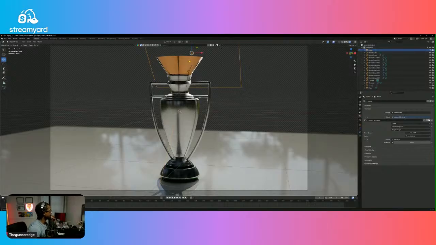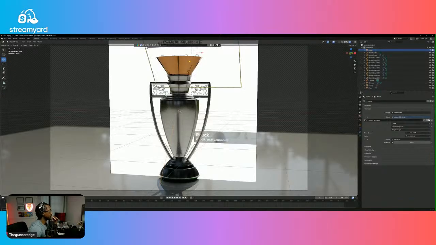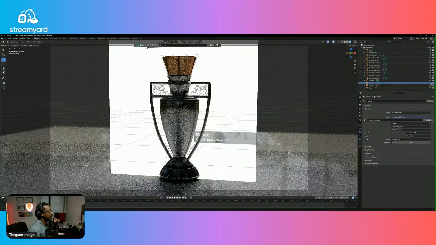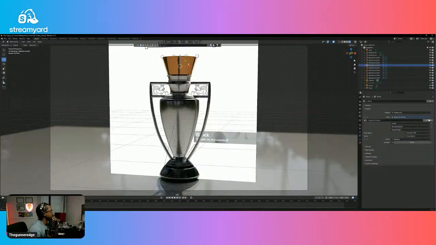Let me turn on my reference image. So now you can see my reference image. Now it's how to model these lions. I don't know, I'm going to have to think it through, and I think I'll do that in the next stream. How to do the lions. But I already have a rough idea of